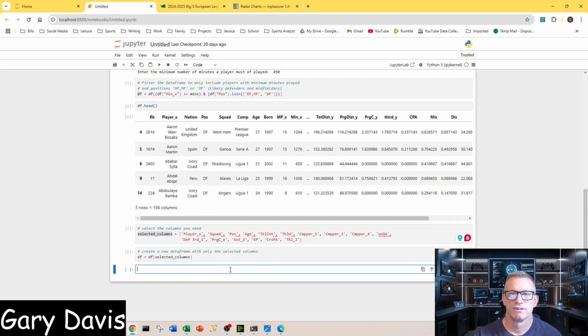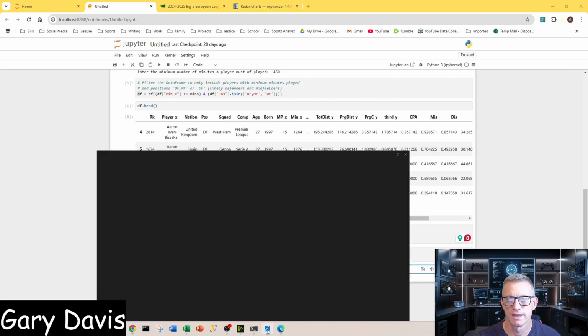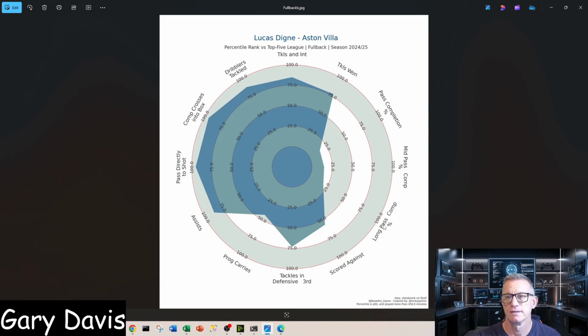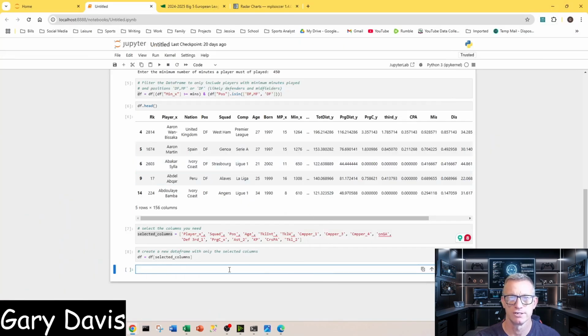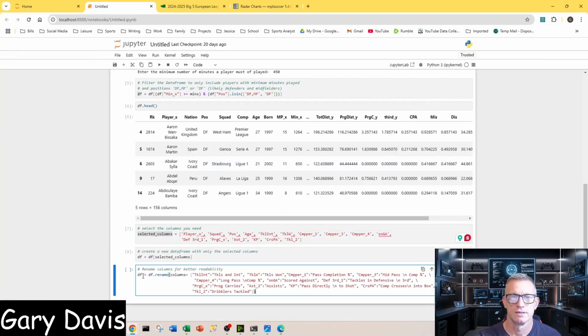To make things easier for people to see and understand this, as you can see now, the names are different than the column names. So we're just going to change those. So in the data frame, which is now just those 16 columns, we want to rename them. So df equals df.rename columns. So we're renaming the columns. So let's see, the TKL_2 is now going to be called dribblers tackled, and Cmp_1 is now going to be pass completion percentage,